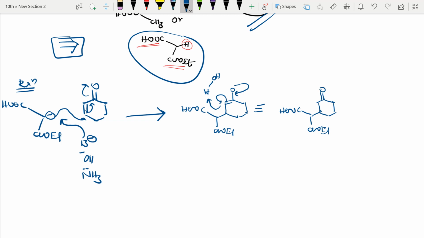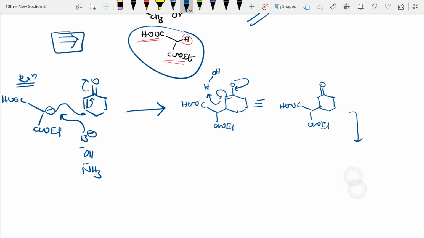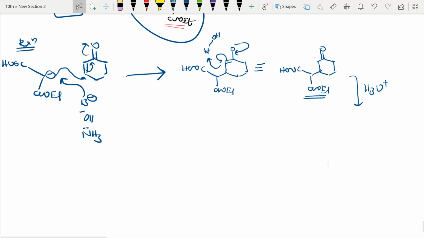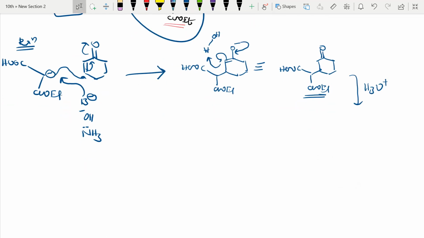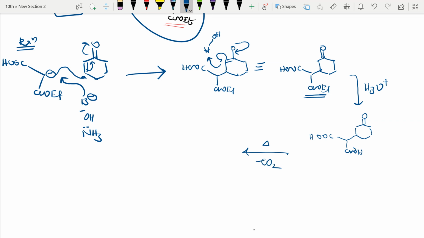Further, what I will do, see here, just I will do hydrolysis. Once I do hydrolysis here, this COOH will be there, right? It will become COOH. I'll write here. So it will become like this. See here, COOH and COOH. So if I heat it, I have told carbon dioxide will be eliminated. So this carbon dioxide will be eliminated as CO2, and this hydrogen will attack here, and I will get this compound directly.